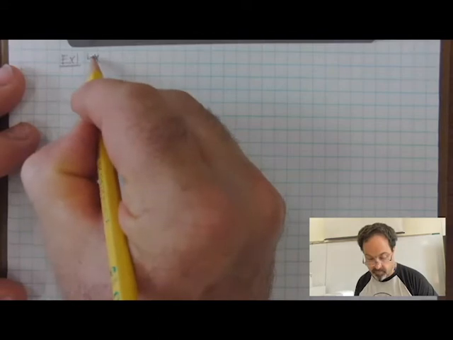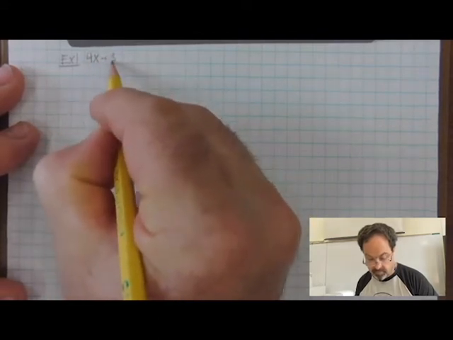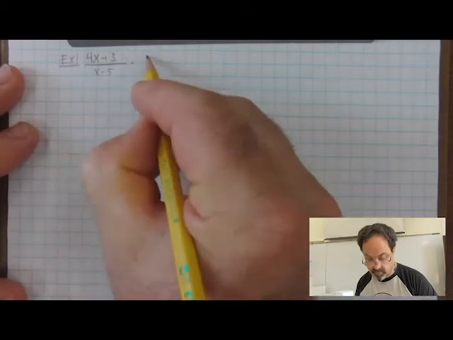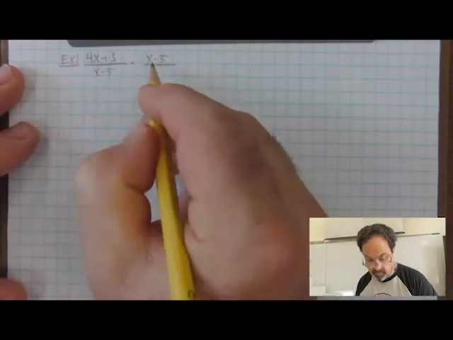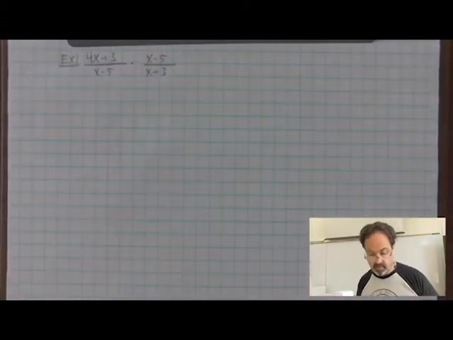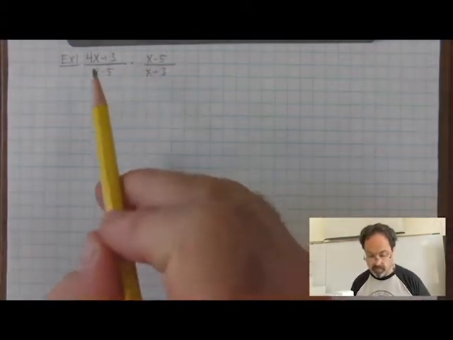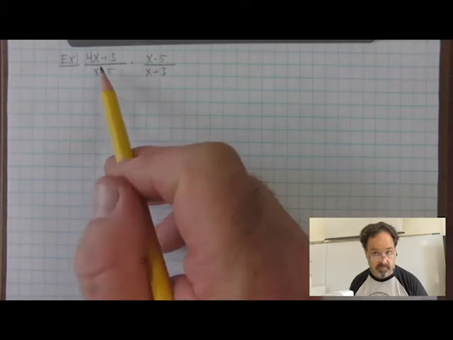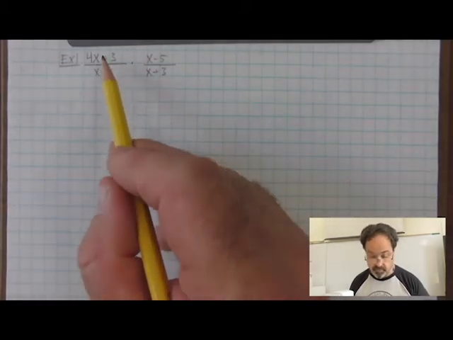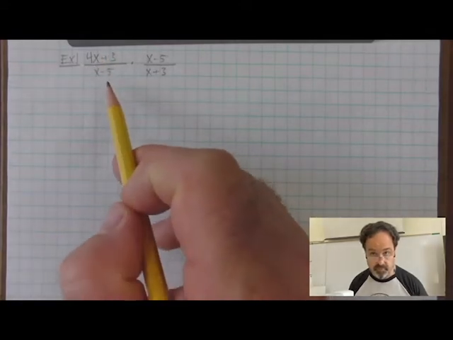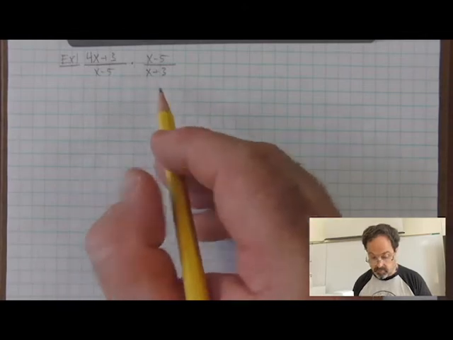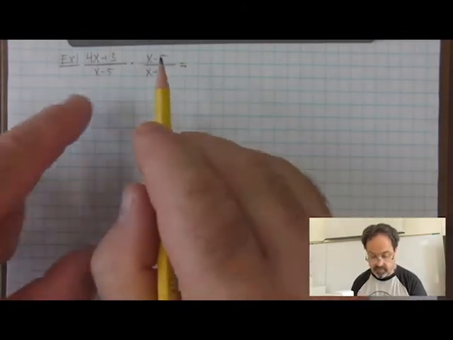In this case, we've got (4x + 3) divided by (x - 5) times (x - 5) over (x + 3). I'm multiplying two rational expressions. These are complicated fractions. Fractions that are based on algebraic expressions both in the numerator and denominator. And I'm multiplying, so I could see this as